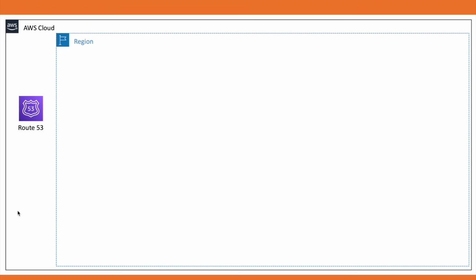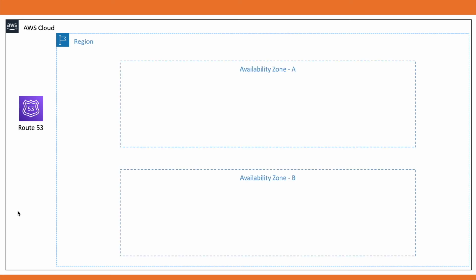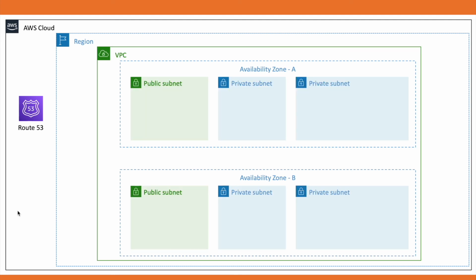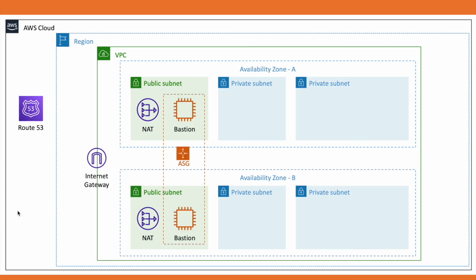Now we are going to view the architecture for high performance, low latency, and high availability in the AWS cloud. In this architecture, the services and resources that we are going to configure are a tier-based architecture which spans across two availability zones, a custom virtual private cloud with one public and two private subnets, an internet gateway to provide access to the internet, NAT gateways in both the public subnets to allow outbound internet access for resources in the private subnet, and a Bastion host or a jump box in an auto-scaling group to allow inbound secure shell access to our instances in the private subnets.